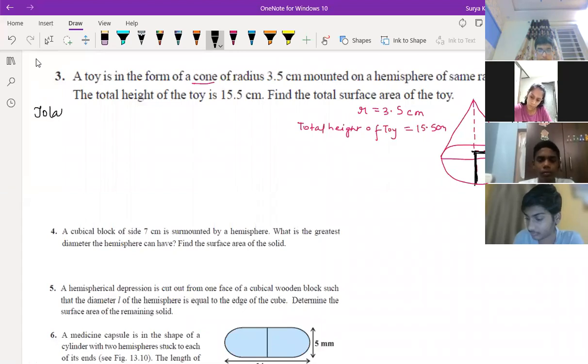So, total surface area of the toy is equal to. See, children, here total surface area is only in name. What I told you: if they ask for total surface area or any surface area, the part which you can feel with your hand, that you should consider. Praharshan, tell me, in total surface area, do we have to consider the total surface area of the cone plus the total surface area of the hemisphere, or something else? Which part you can feel, that you should think over.